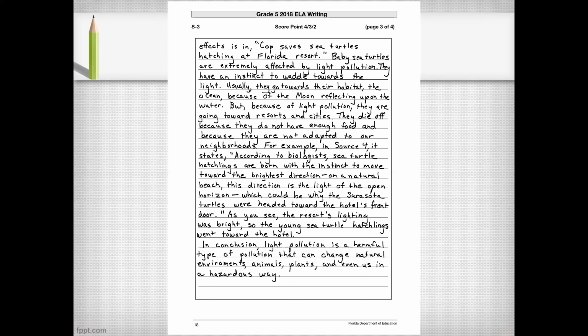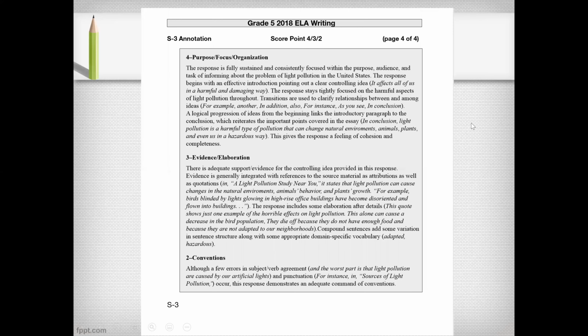So as you're probably noticing as we read through this response, it's still a very, very effective response. In fact, it's actually more than adequate in the area of PFO. That's why it's receiving that score of a 4. A few things to point out in this particular response is that the controlling idea is very clear. It stays tightly focused on those harmful aspects of light pollution throughout. The progression of ideas really is effective in this paper, and it gives that feeling of cohesion and completeness in